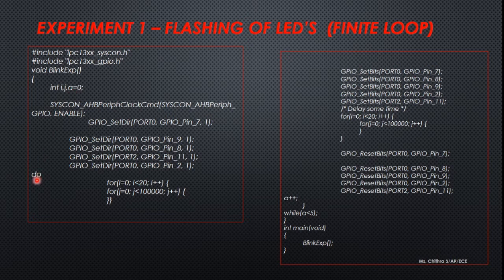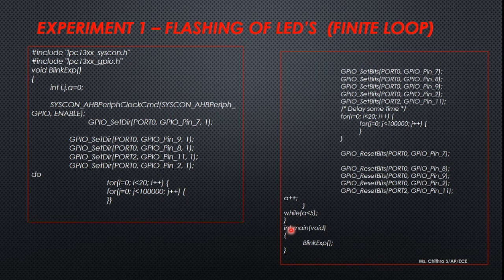So for that we perform a do while loop. So I'm going to do all this. I'm going to turn on the LED, after delay turn off the LED. This a plus plus is to increment. So initially we have set a to be 0. After finishing this once, a will become 1. Once again do everything. A becomes 2. Do everything. 3. And then 4. So for a equal to 4, we will satisfy this loop. So a is less than 5 now.